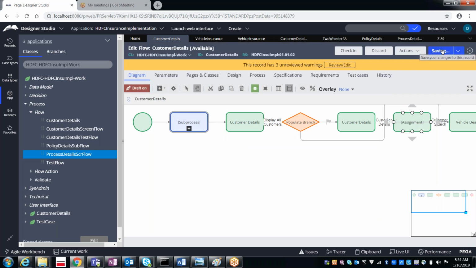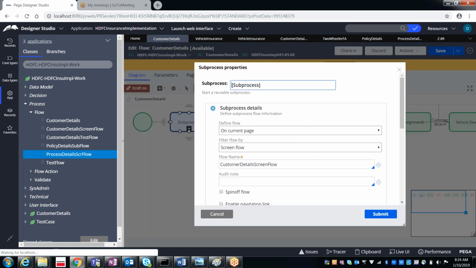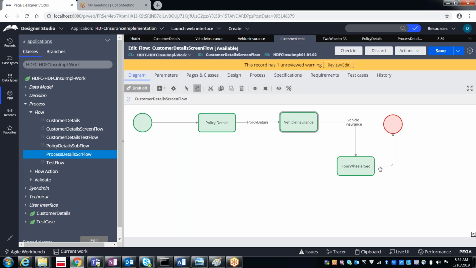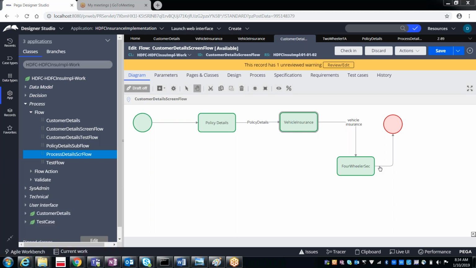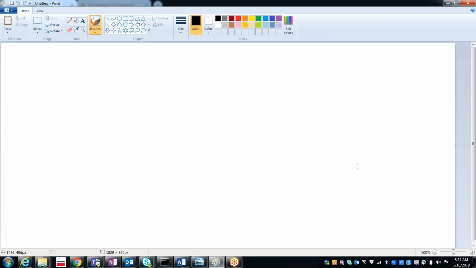In general, if you want to display any UI, how did we used to display it? If you want to display anything on the user interface to the user, where are we going to display the properties? After creating the properties, which rule are we going to create to see the user interface? Section. Exactly. So we will be creating the section, and in the section we will be placing the properties, right?